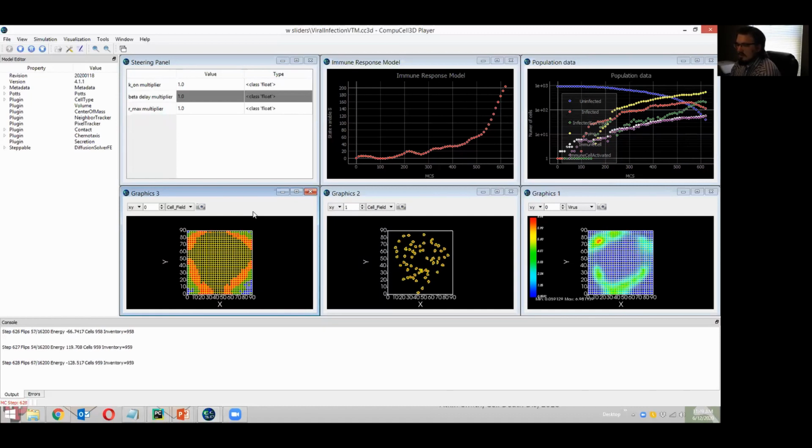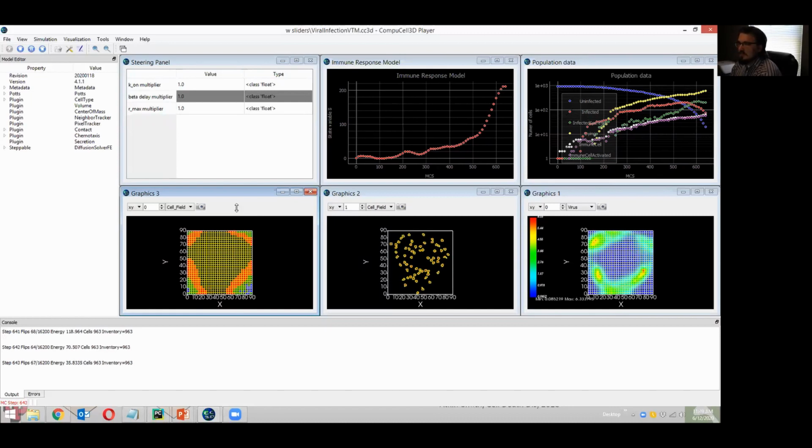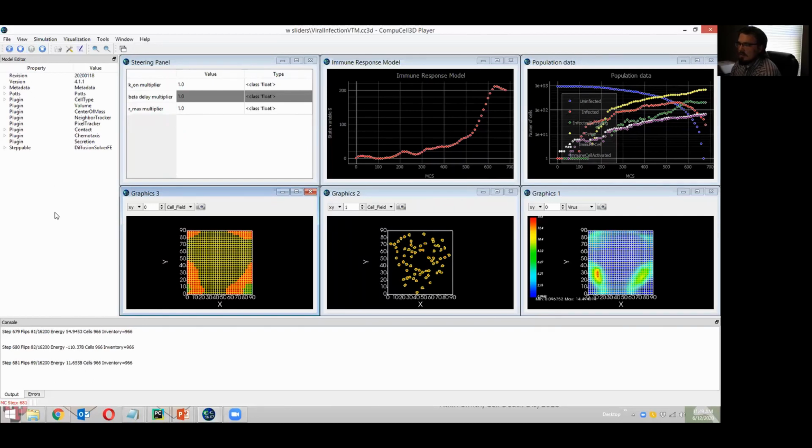Now, my replica is approaching 650 simulation steps. I'm going to pause again when I see the last uninfected cell become infected. And I measure that at around 681 simulation steps for my particular replica. Now, if we place widespread infection for the baseline parameter set at somewhere between 800 and 1,000 simulation steps, we certainly see